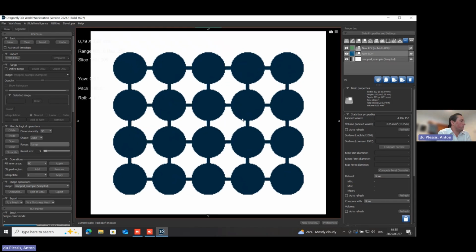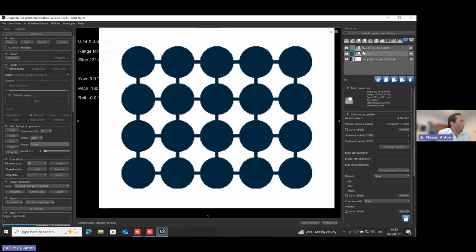So let me just demonstrate something. If we were to work with data like this, one way that some people like to work with this is to separate the pores from each other using erode, dilate, or opening and closing functions. If I do that, I did a 2 times erode and 2 times dilate. Now each of these regions of interest is separate.